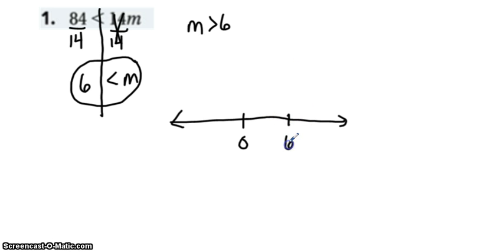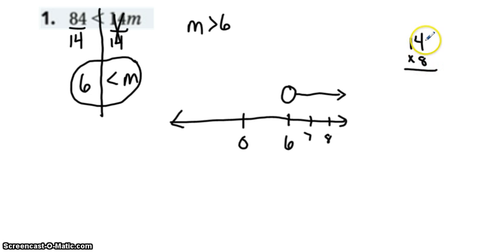We're going to put a 6, and m is going to be greater than 6, which means 6 is going to be the smallest solution. And we're not going to include 6 because there is no greater than or equal to, or in this case, less than or equal to. So we are going to put an open circle at 6, and since the solutions will be greater than 6, we're going to draw an arrow extending to the right, showing me that things like 7 and 8, all of those are going to fit the solution, because if I take 8 times 14,